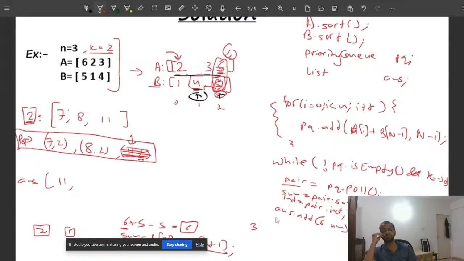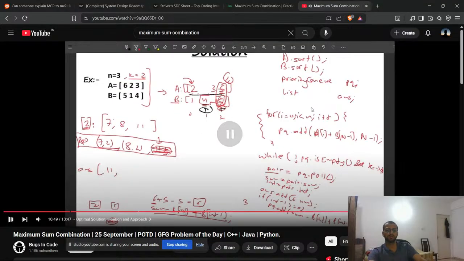Right? So when I do this, I will first check if my index minus 1 is greater than or equal to 0, right? Because index minus 1 can go out of bound as well when it becomes minus 1. So guys, I have to make sure that this condition is true. After this, I'll say pq.add, what value do I have to add? I have to add sum minus b of index plus b of index minus 1. After this, guys, see, pq always stores up here. So now I will